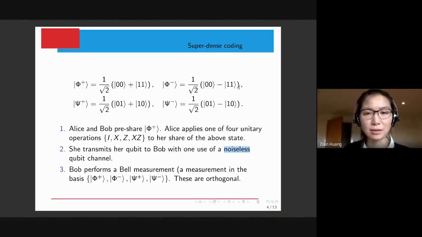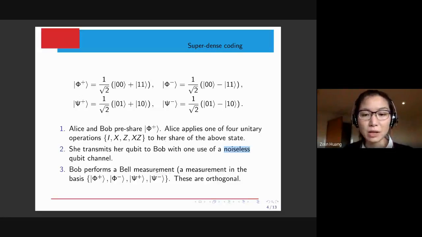So he's quantum mechanically allowed to project the state onto one of these 4 bases, and since these are orthogonal, the outcomes are deterministic. So Bob will get a click in either the phi plus, the phi minus, or the psi plus or the psi minus, and